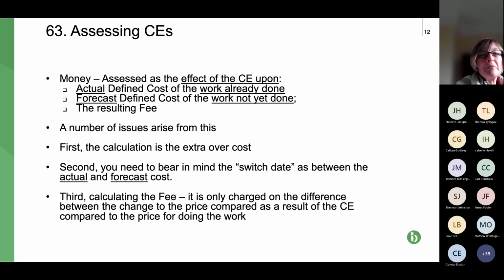So I would have thought, except in exceptional circumstances, that would generally be a relatively small amount of work, assuming the PM and supervisor are on the ball and are issuing their notices, certificates, etc. promptly. And then after the date of whatever they issue, instruction, certificate, etc., it is done on forecast cost. And again, that does not change if things evolve as the project goes on.